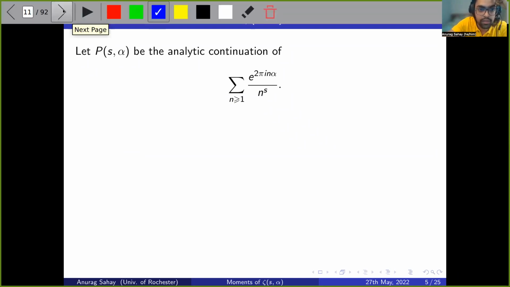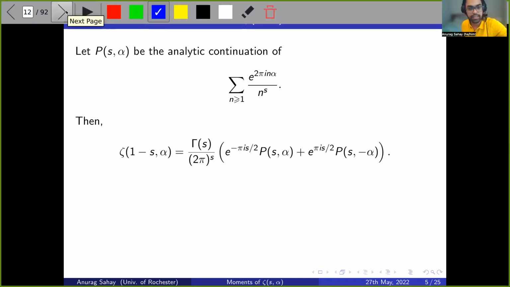So the functional equation of the Hurwitz zeta functions is the following. Now, the one thing I want you to note is that this is not actually a functional equation. You're not relating the Hurwitz zeta function to itself. You're relating the Hurwitz zeta function to something else. But there is a sense in which this is a